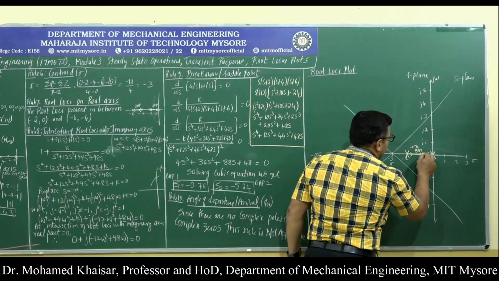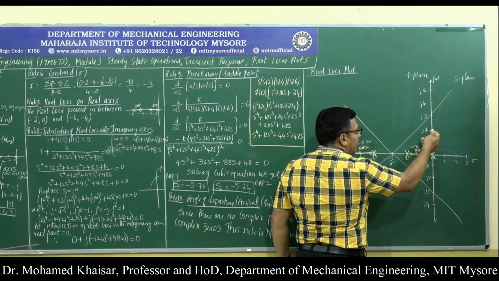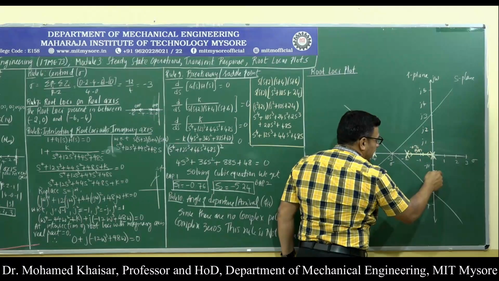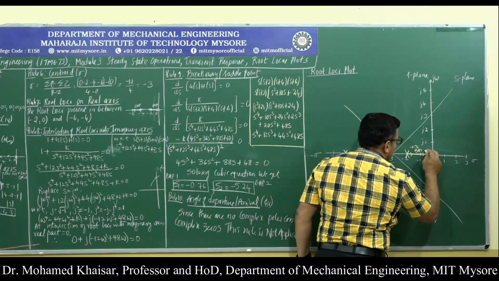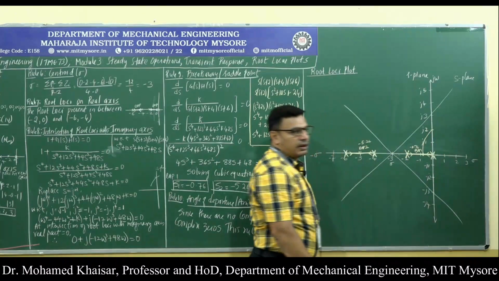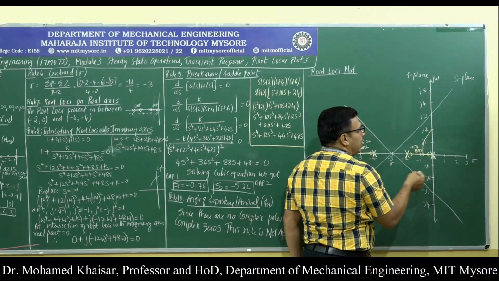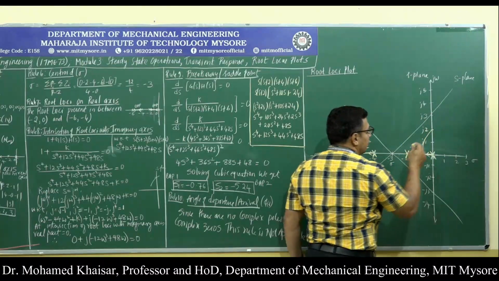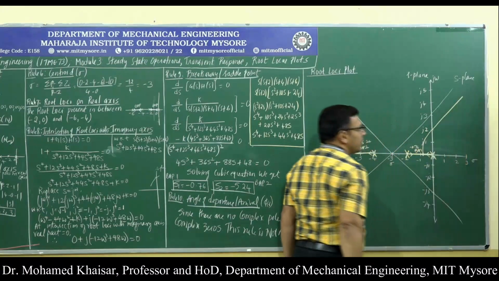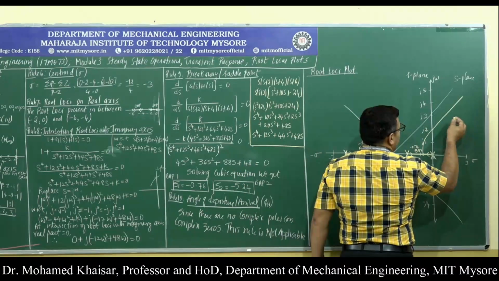And when they break away, what will happen? They will have to intersect the imaginary axis above the real axis at J2, and below the real axis at minus J2. So, I will draw a curve, because root loci are curves. And then the root locus has to travel along the asymptotic straight line. So after intersecting at J2, I will have to extend it parallel to the asymptotic straight line. And this is going to go till where?